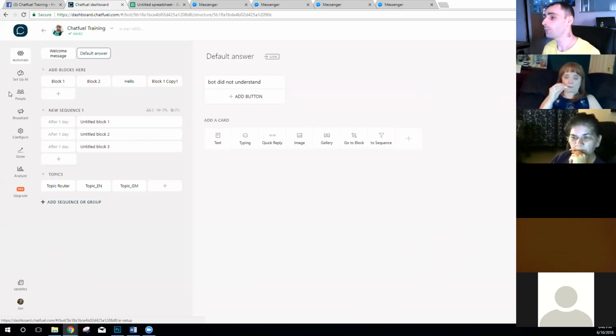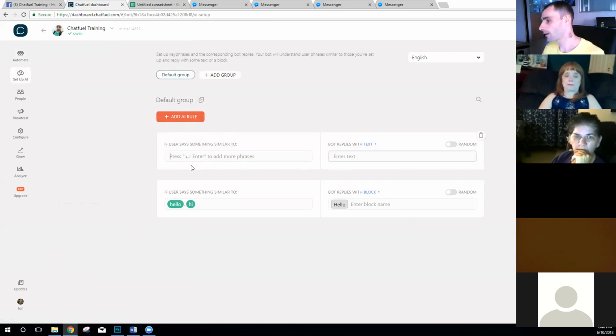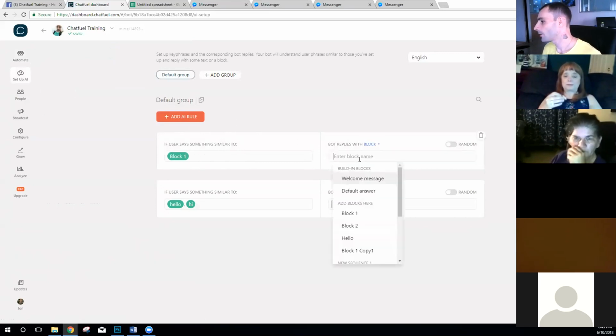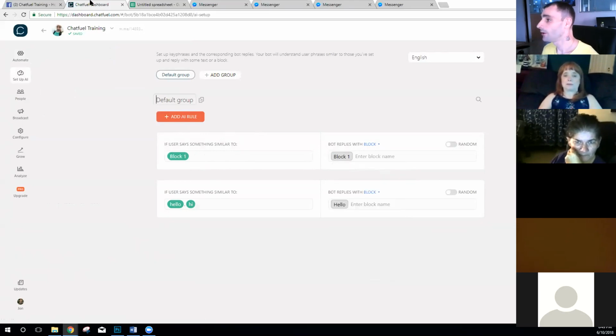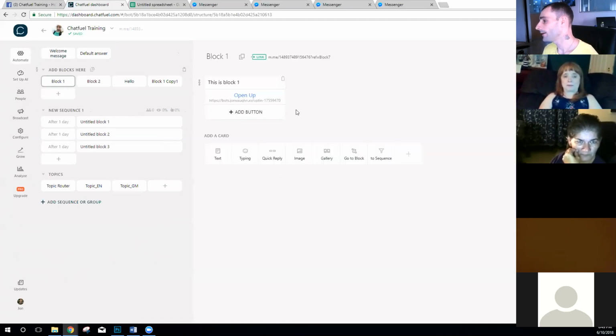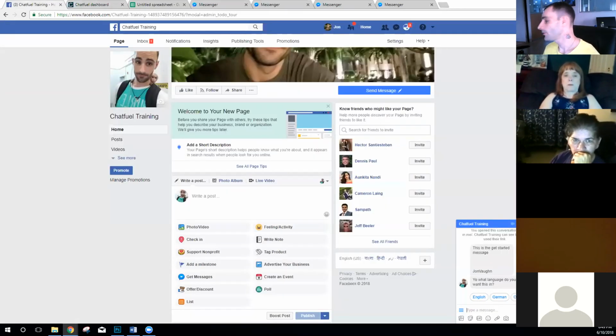So case in point, let's create just a little AI called block 1. All right, here's that, and we're going to respond with block 1. So now we've created our little AI. We've got block 1 here. This is block 1. We've got a default answer. It says bot did not understand. Okay. So if I were to come in here and say block 1,